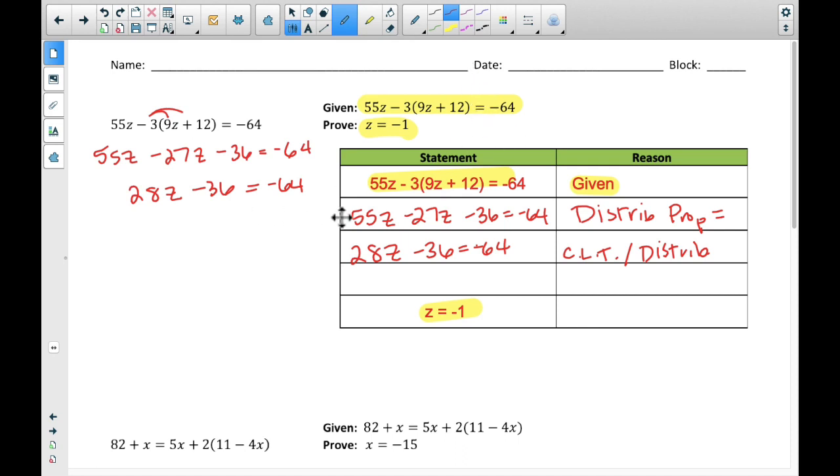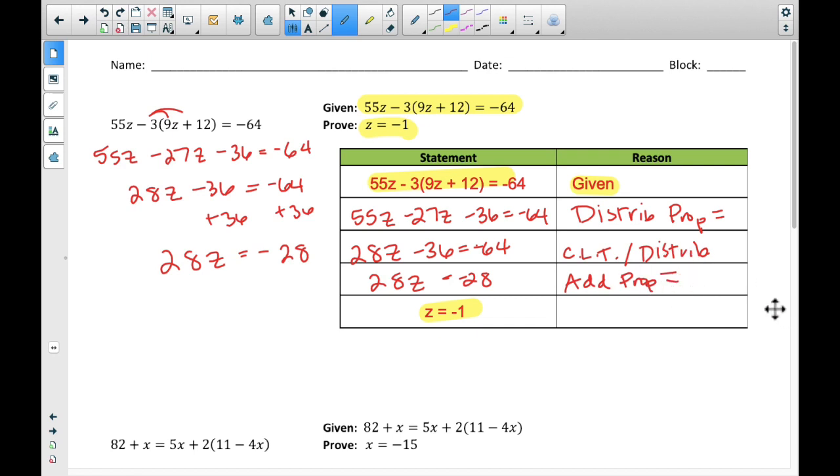Okay, what do I need to do to solve? I need to add 36 to both sides. All right, when I add 36 to both sides, I get, on my calculator, negative 64 plus 36 is negative 28. So now I have 28z equals negative 28. I write that down. And how did I get that? Well, because I added 36 to both sides. That's the addition property